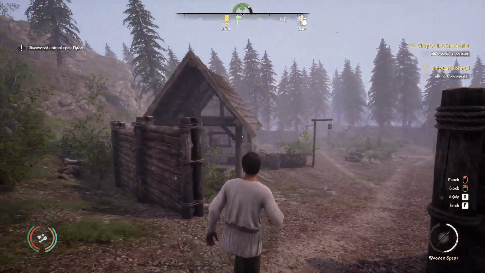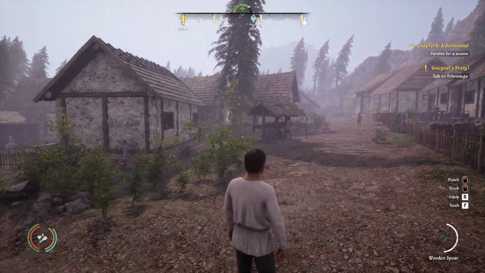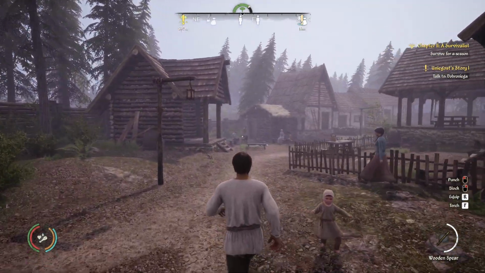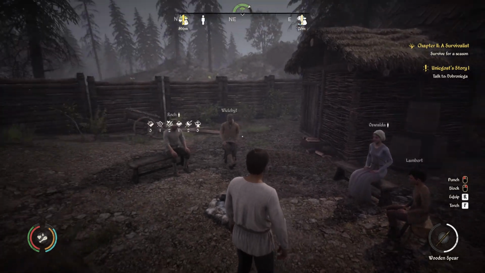Hornica is a great town. Think of it as like the top tier town. So this is the expensive town. Really nice buildings, cute little town. They have just about everything you need. They have like blacksmith, all that. So now if we come up here, we hit the control button, we can see